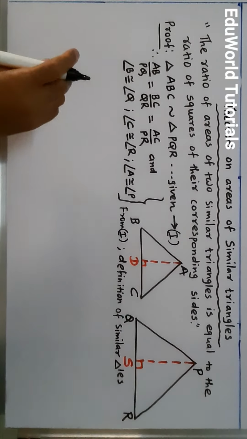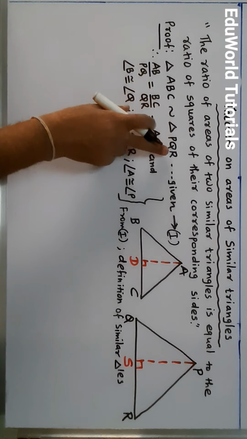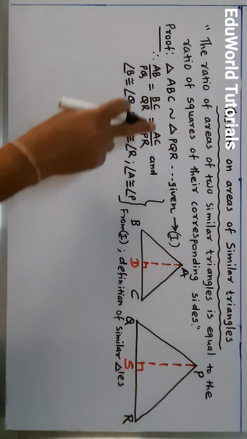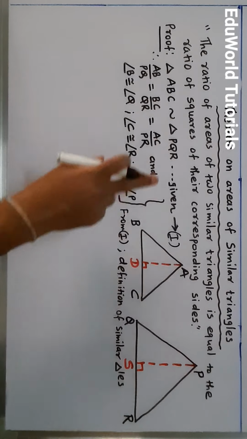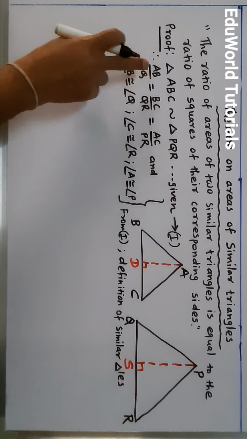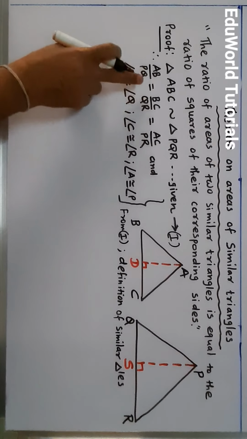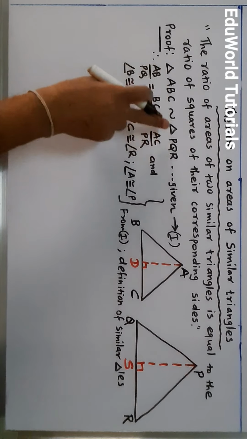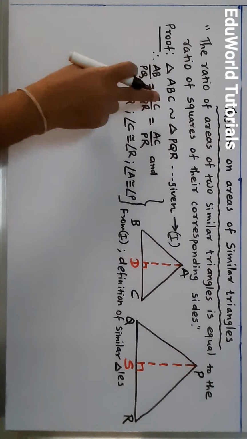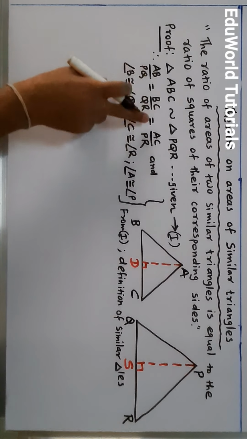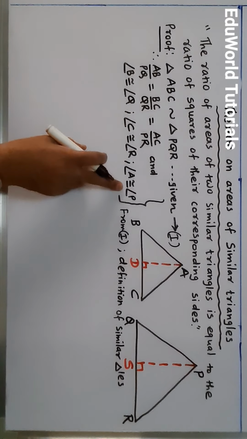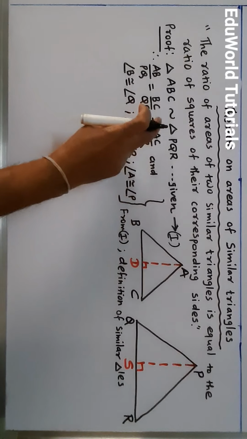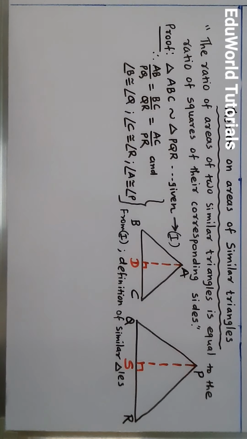So students, we have triangle ABC similar to triangle PQR, given. Result number 1. Now what is the definition of similar triangles? Two triangles are similar if their corresponding sides are in the same ratio and their corresponding angles are congruent. So we are given that the two triangles are similar. That's why I have written that the corresponding sides are in proportion, in the same ratio, and their corresponding angles are congruent. So from 1 and the definition of similar triangles we get this.